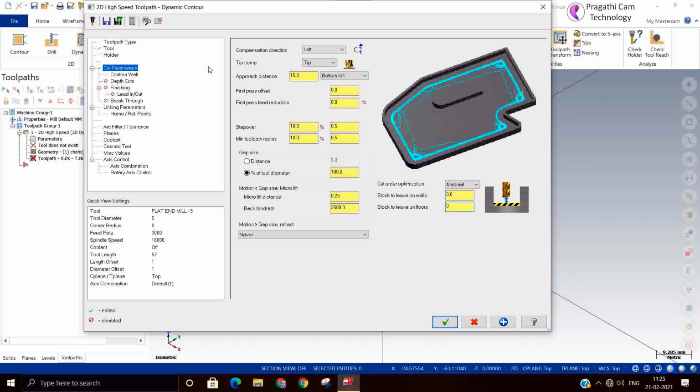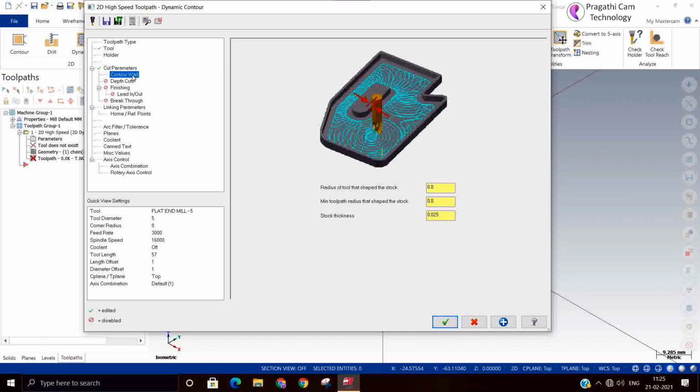In case you keep material here, then you need to do the finishing pass. If you are not keeping any stock here, the finishing pass can be done if necessary. The radius of the tool shape of the stock means the radius in the casting.